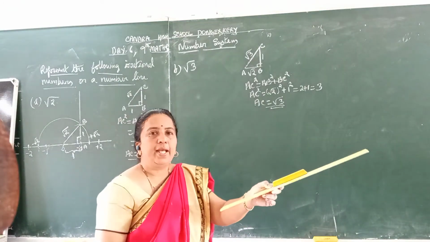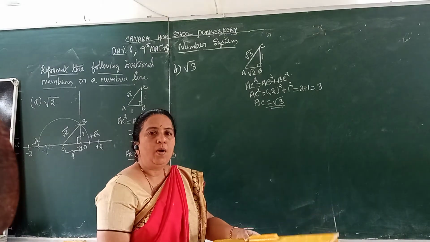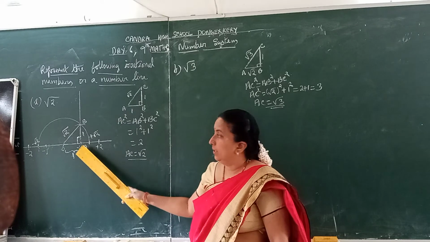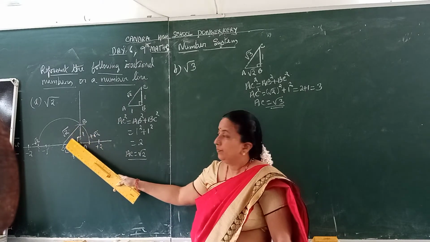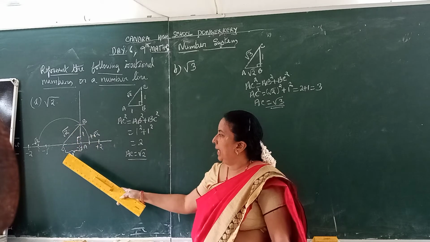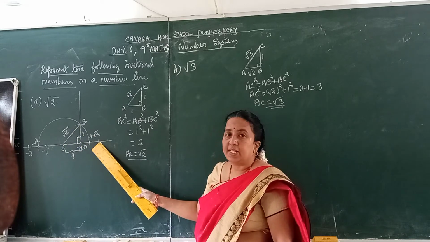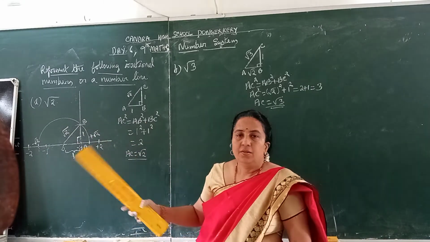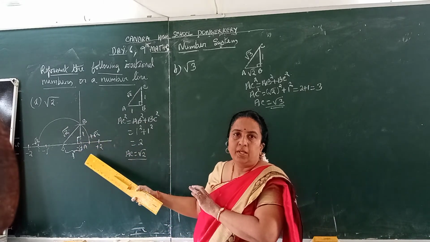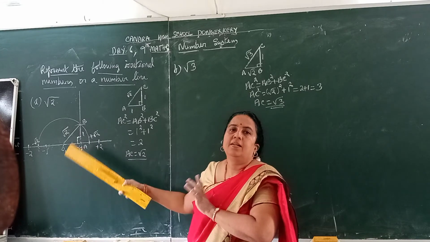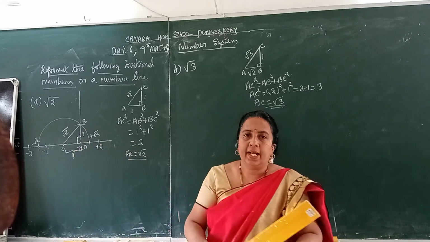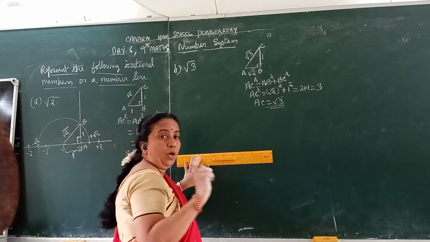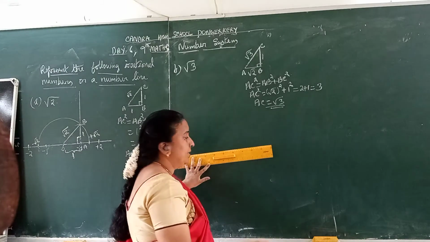Now root 2, is it there in the scale? No. What to do? We have to draw this triangle first. Take root 2, either OB as base or the circle touching the number line as base, and draw a right angle triangle. So same procedure: first number line, triangle, semicircle, then another triangle. Okay, let us do that one again. First number line, not with centimeters, it is with inches.